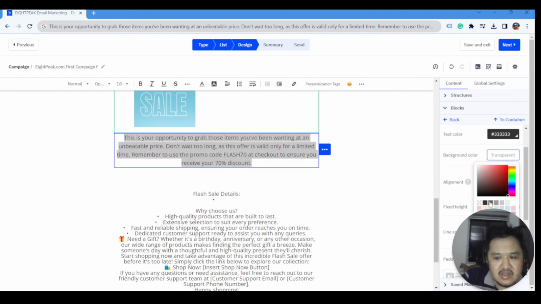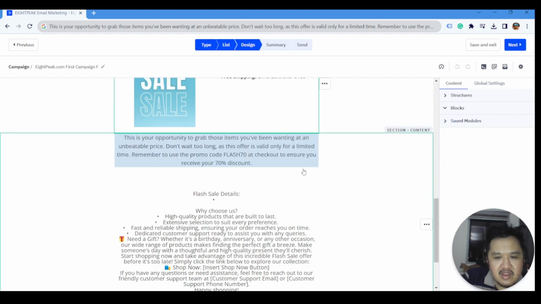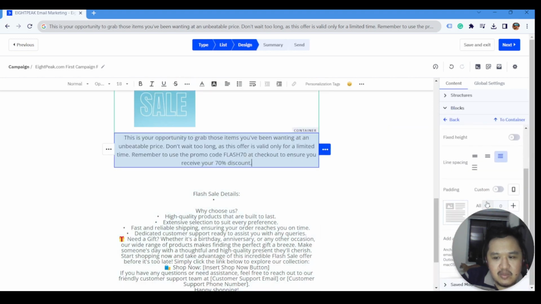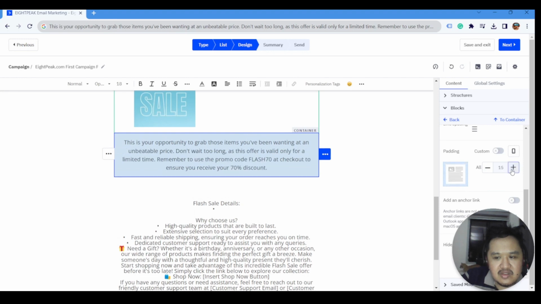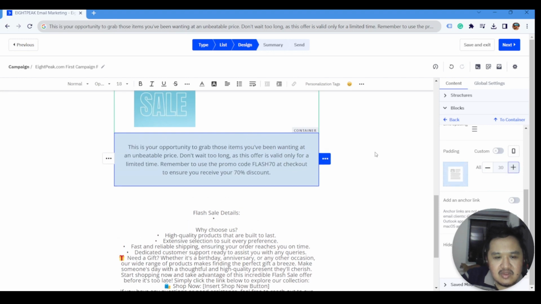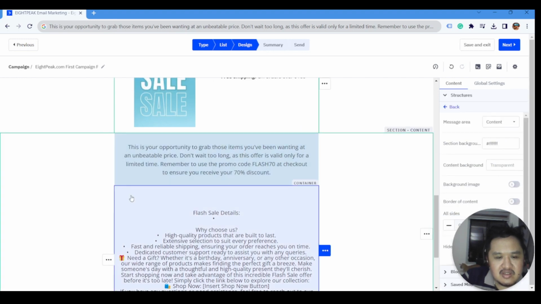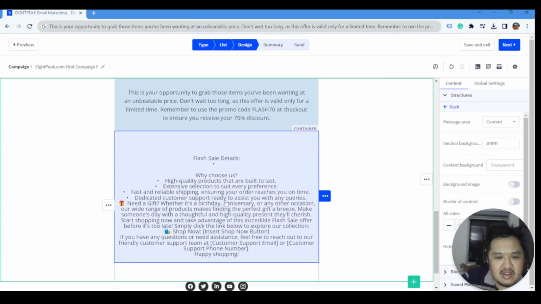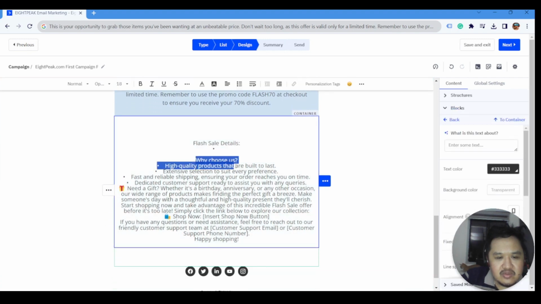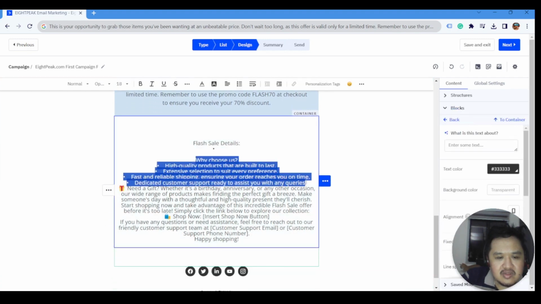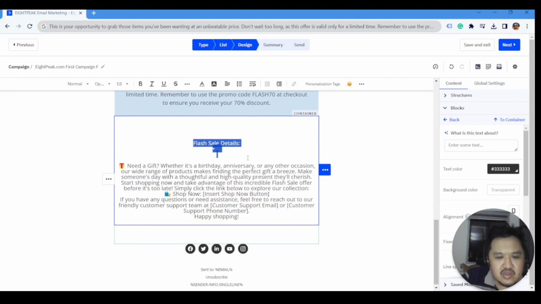So you can always have a little background from there and you can define the padding so that it doesn't go over the edges there. So, and that's it. So let's remove this white choices, I would say, and let's go straight to the